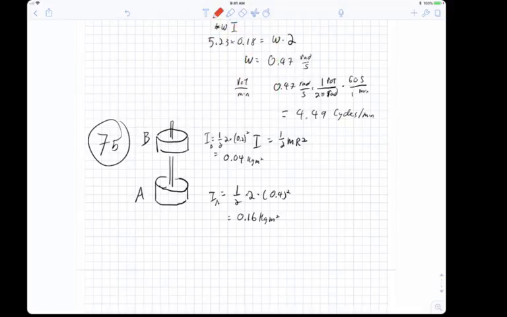And now each of these has an angular velocity. Disk A is going clockwise, so that's this direction. Disk B is going counterclockwise, so that's that direction. They're both at 30 revs per second, and I want it in radians. It's 2 pi. So it's going to be,